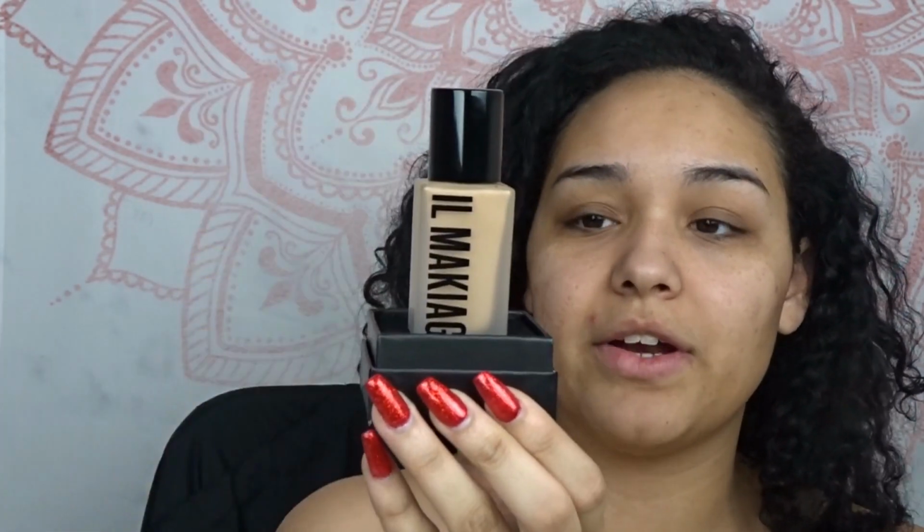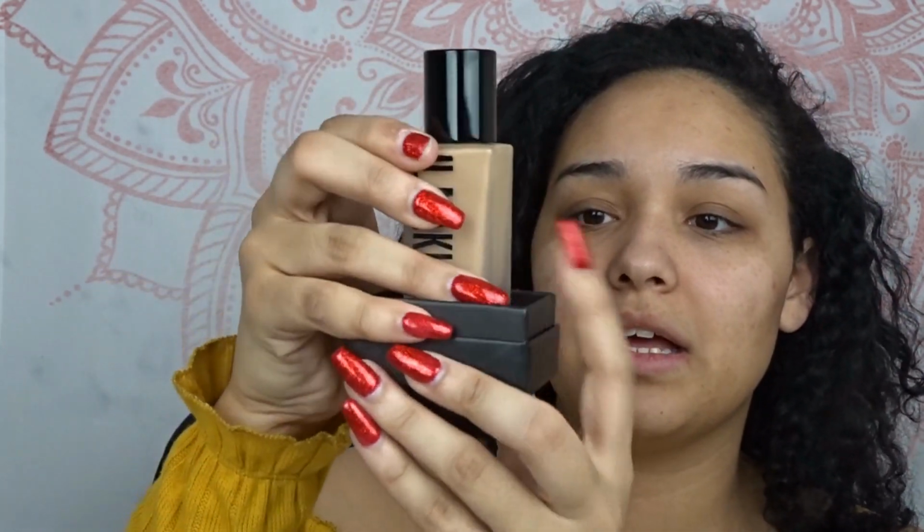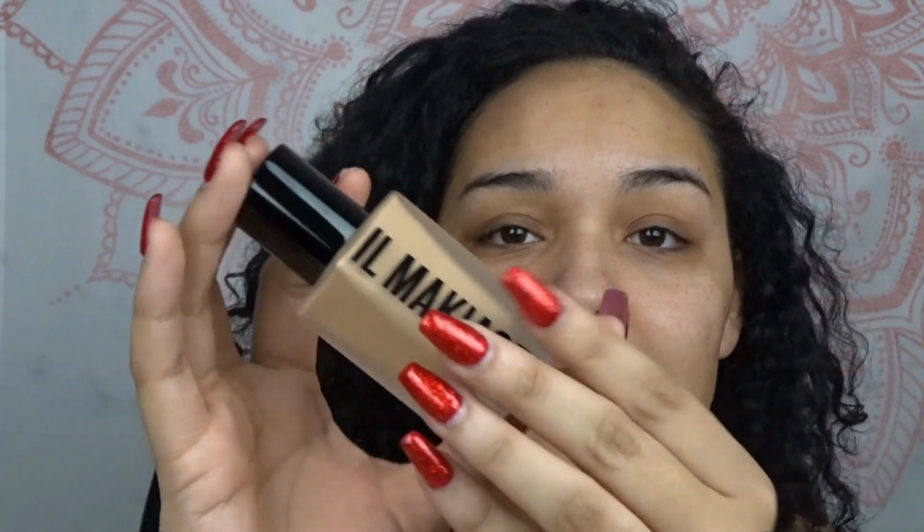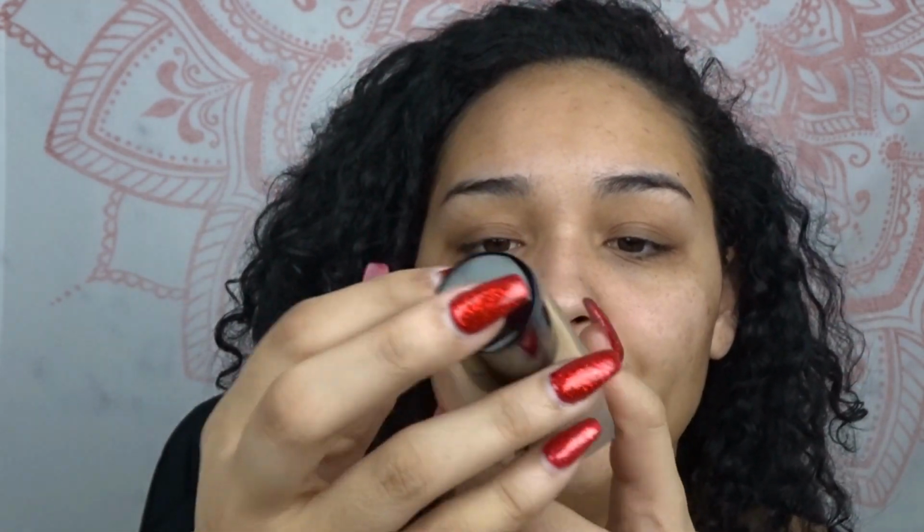So this is again what the packaging looks like, and once you open it, there's the foundation just sitting up straight in this nice little box. So I like the foundation. It looks like a frosted glass and it has the brand name here. It also says, wow, hello. It also says on the back, woke up like this, flawless base foundation made in Italy. And then on the bottom, like every other foundation, it says the shade number and the name of the shade. So this is 1 fluid ounce and let's just see if,